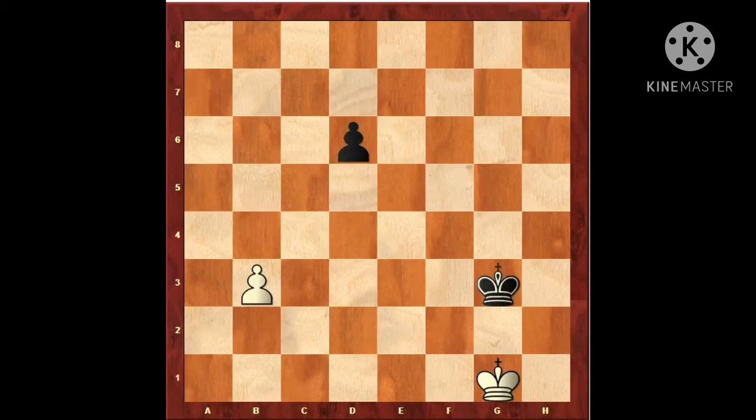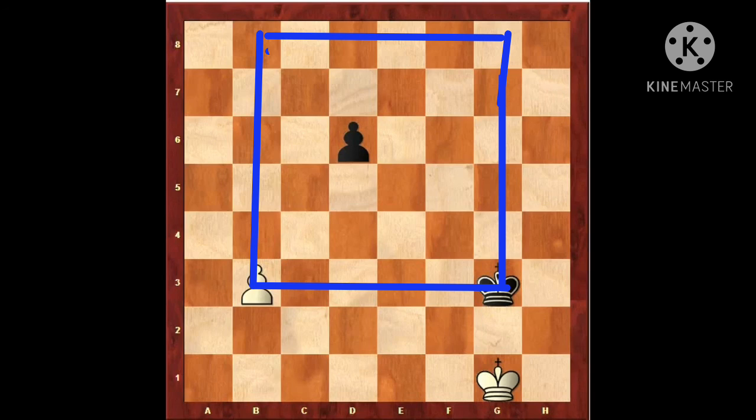The second point to note is that if your own pawn stands in the way, obstructing your path to the opponent's pawn, then this rule of the square fails. In chess, the diagonal route is the shortest route. In this position, the black king has to take the h2-b8 diagonal route to capture the white pawn. But there is a black pawn on d6 obstructing this route. So he cannot capture the white pawn even though the king is within the square.